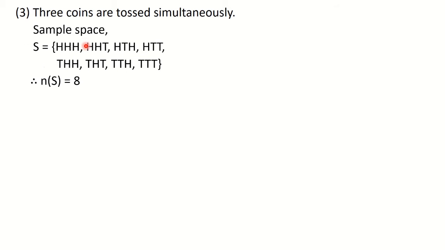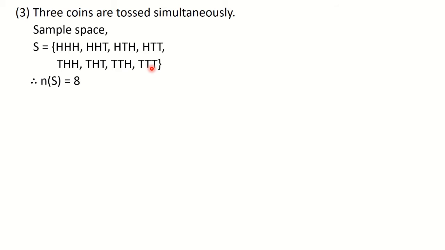So the sample space is, I told you how to write it. I told you to write H 4 times and T 4 times, one below another. See, first H, H, H, H. You will write 4H and 4T. Then you will write 2H, 2T, 2H, 2T. And finally HT, HT, HT and HT. This is how you are going to write the sample space.